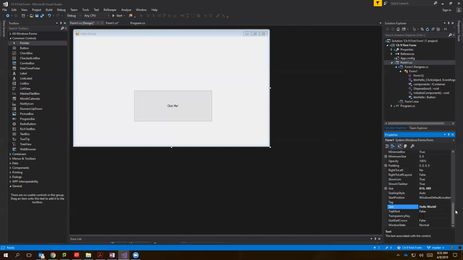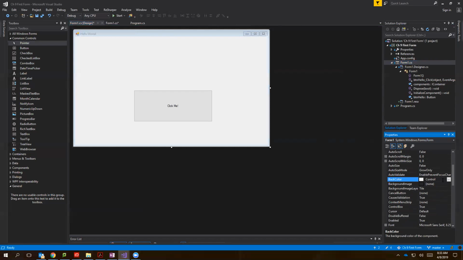Now, some other things that we might want to change with our form. What about the background color? This color is kind of, yeah, let's go change some. I'm going to scroll up because, again, I have mine listed alphabetically. Notice I'm not going to really worry too much about changing the name of my form. We'll do that more in C# 2, but changing the form name can be a little bit of a mess. So we'll kind of leave that alone for now. But I do want to go and find my back color. Now the back color property